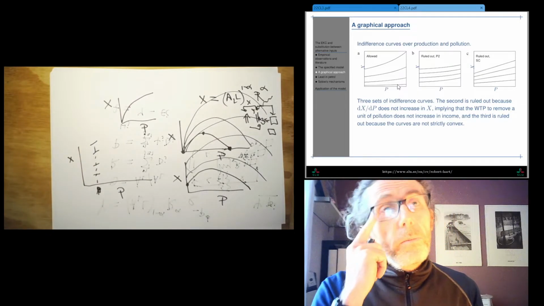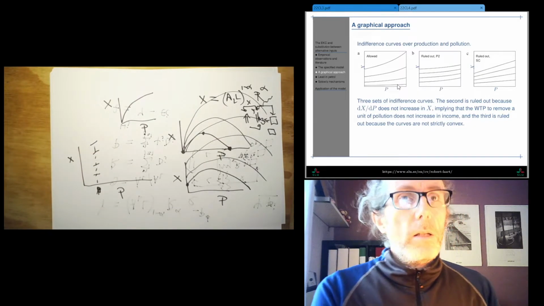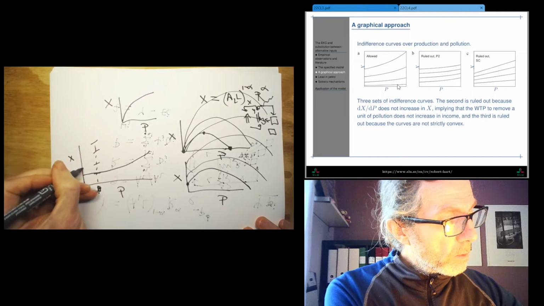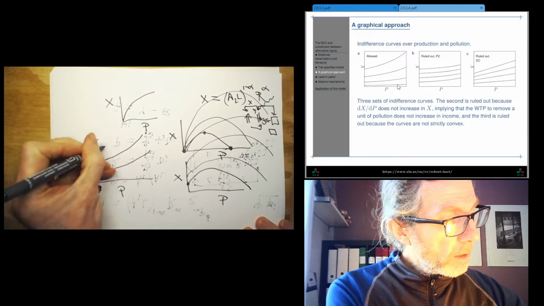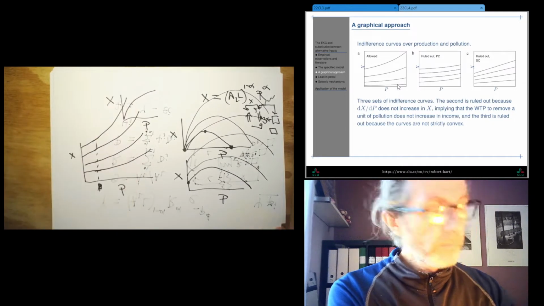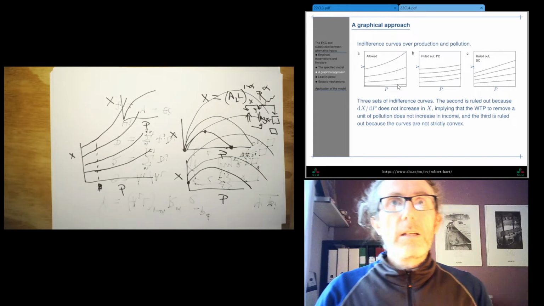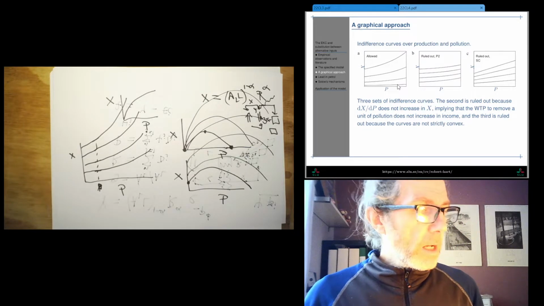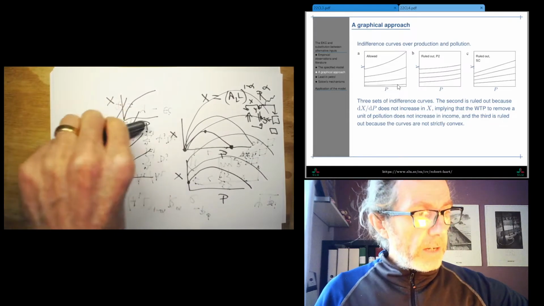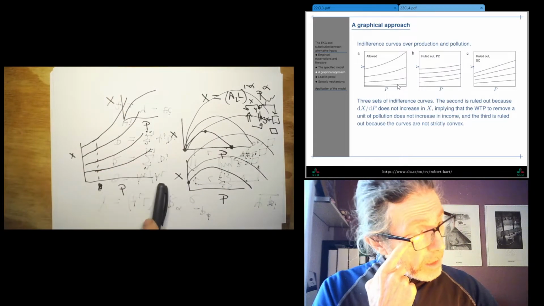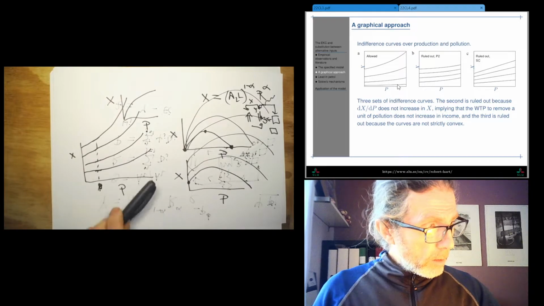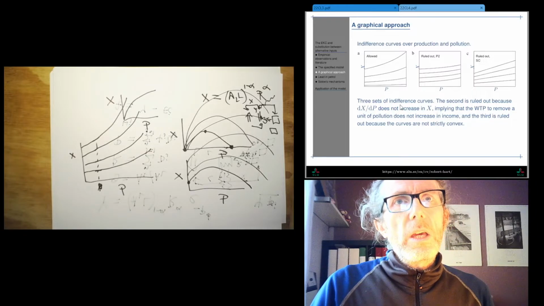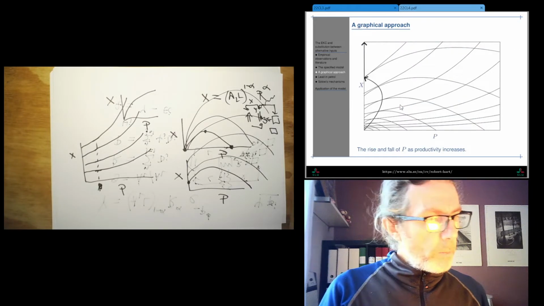Then if we extend that throughout, we get this kind of thing. So they have to look like in picture A there. And they have to be convex. They have to have this curvature. So as P goes up, the willingness to pay also goes up. Okay. So when we put that together,